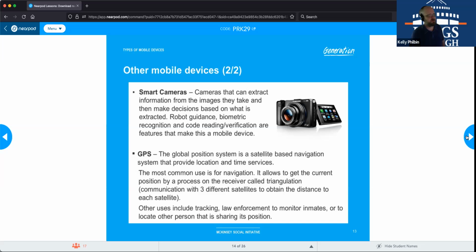All right, just a couple others we need to kind of be aware of. Smart cameras. This is very specific because not all cameras are smart cameras. These cameras can extract information from the images they take and then make decisions based upon what is extracted. They utilize robot guidance. Some can use biometric recognition, like facial recognition. And they do code reading verification, and